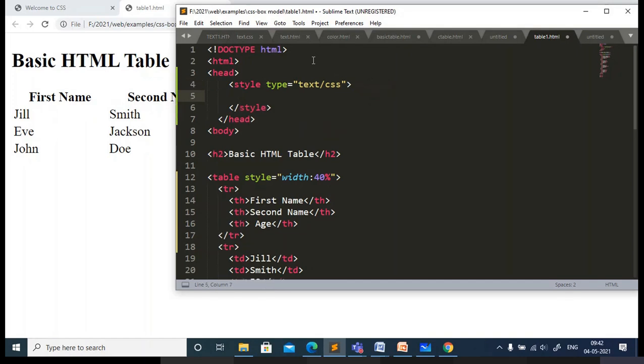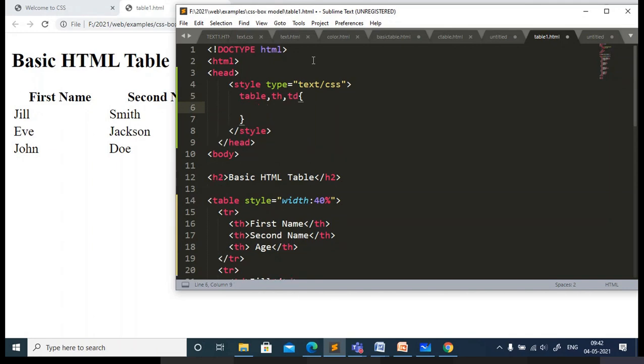Okay, so I will apply the border to the table, so for row and also for the cell. If we want to check one by one, then we'll go with only one tag, table.